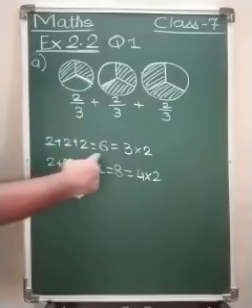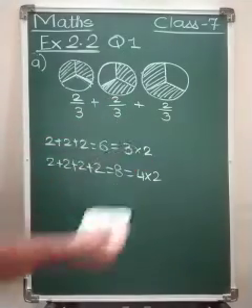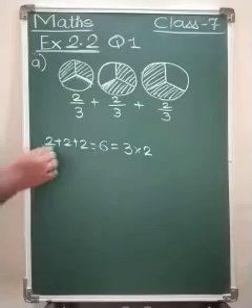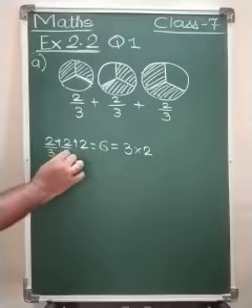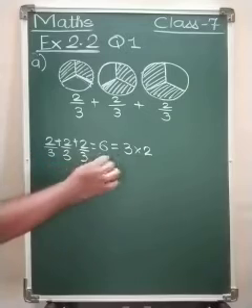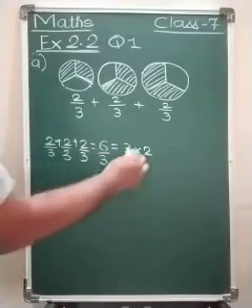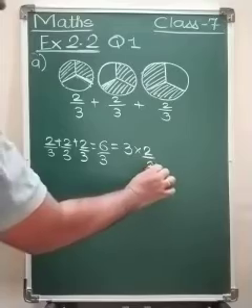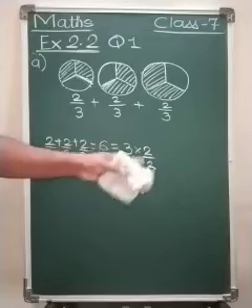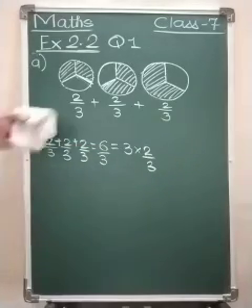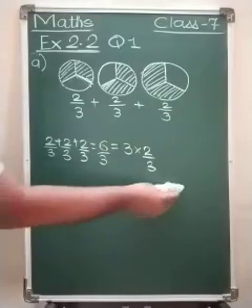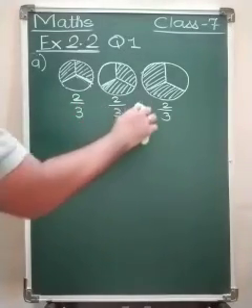Now instead of 2 plus 2 plus 2, we have 2 upon 3, 2 upon 3, 2 upon 3. So 2 upon 3 plus 2 upon 3 plus 2 upon 3. Since the denominators are equal, this will be 6 upon 3, and this will be 3 multiplied by 2 upon 3. How does the answer come? 3 twos are 6, 6 upon 3, the answer would be the same. This 2 upon 3 plus 2 upon 3 plus 2 upon 3 can be represented in this form if you don't consider the addition sign.